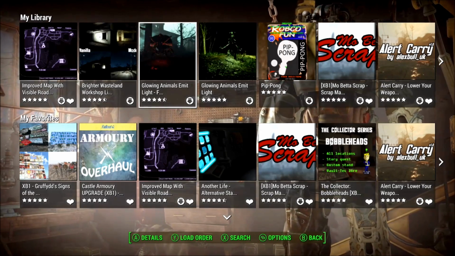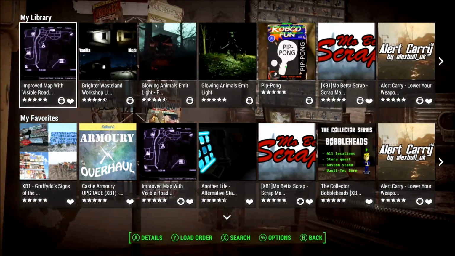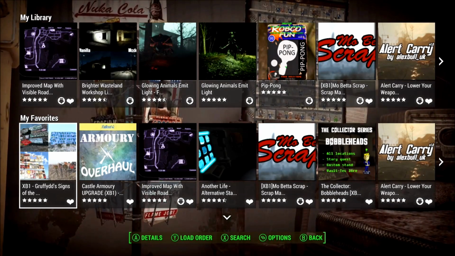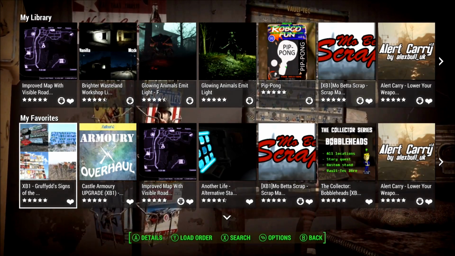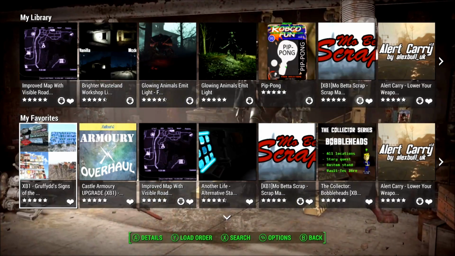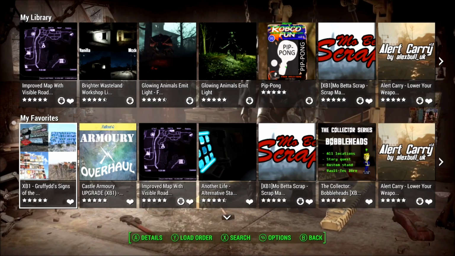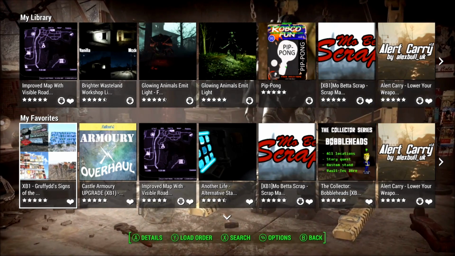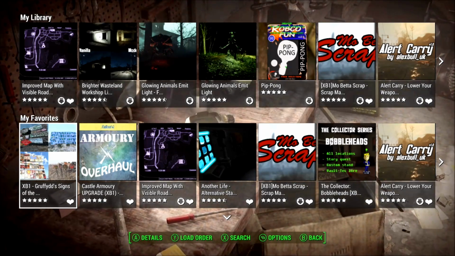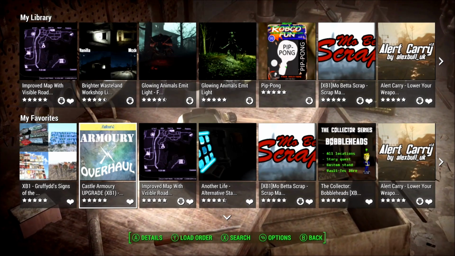You'll have your library, which is stuff you've downloaded, and you'll have your favorites, which are stuff you favorite. I use the favorites mostly for when I come across a mod that I like, and I keep it as a bookmark so I can come back to it. So if it's one that I haven't downloaded yet, like for example, the Signs of the Commonwealth or Castle Armory Upgrade,